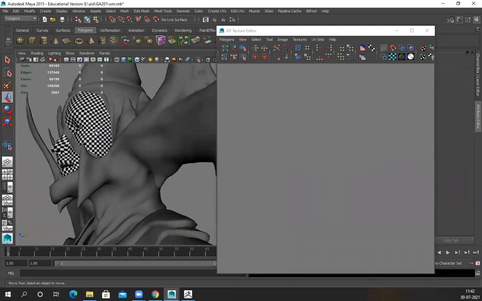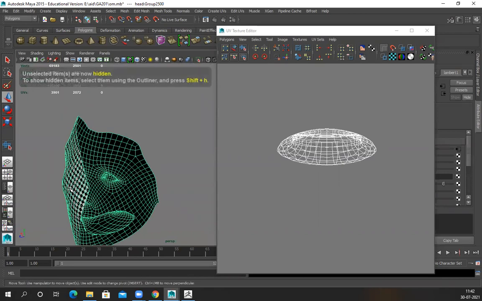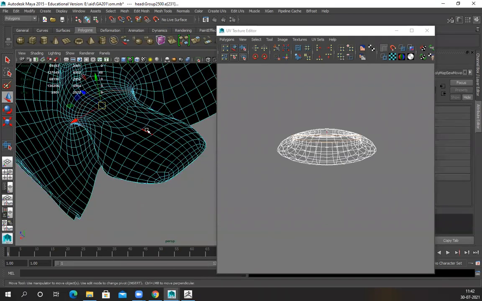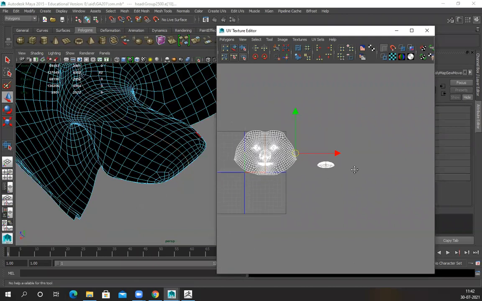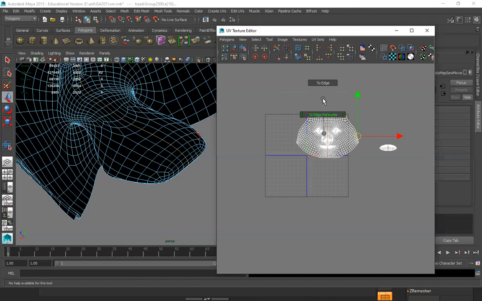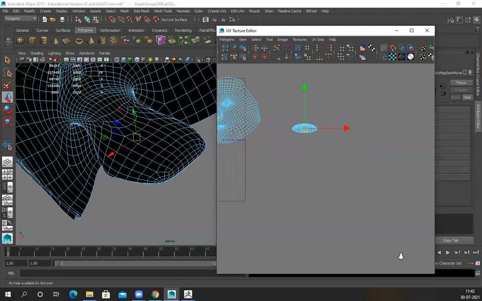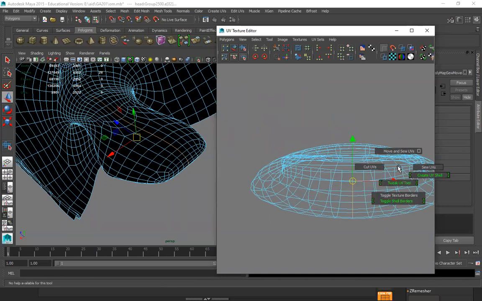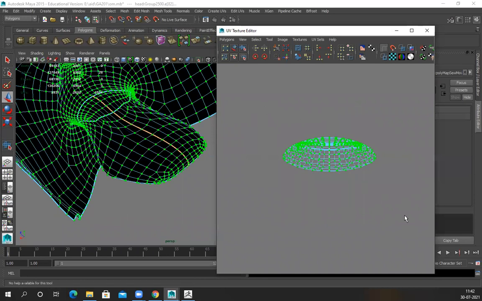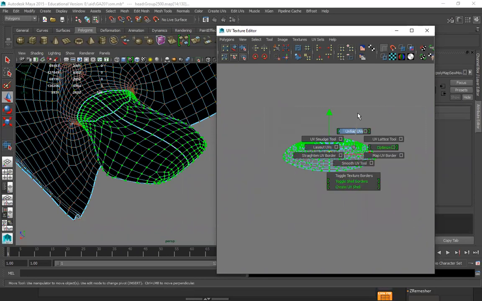After unwrapping, and this mouth in, what I'll do is, oh, sorry, hide. Deselect, cut, border I can see, unfold.